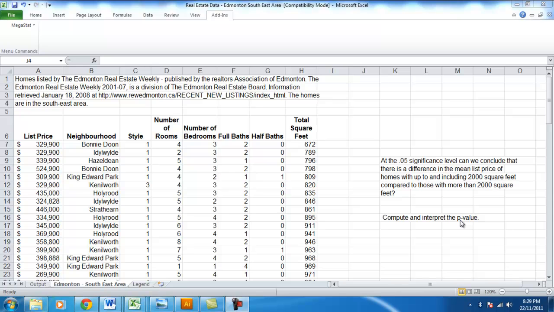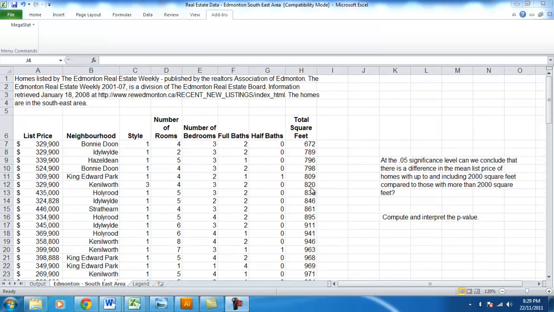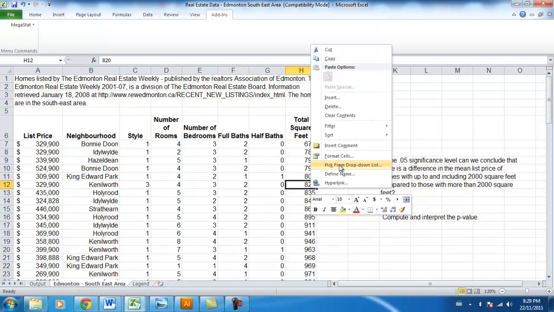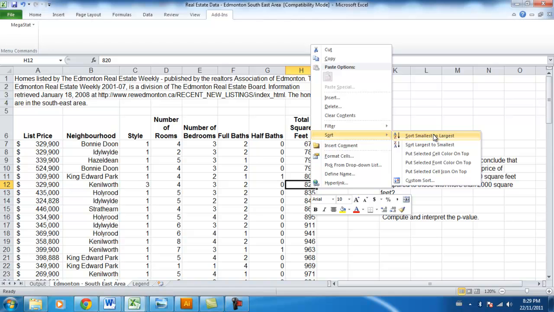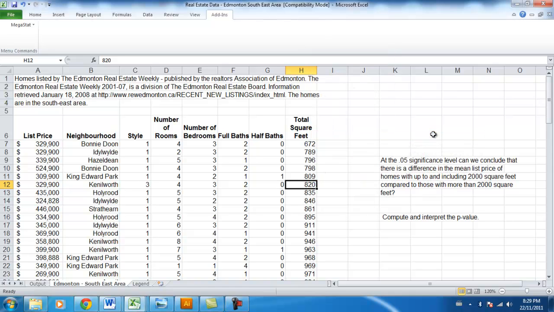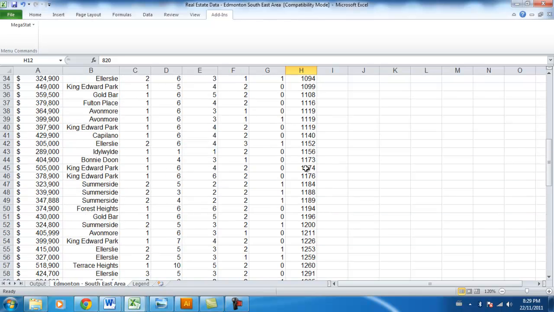So the first thing we need to do is set up a null hypothesis, and our null hypothesis would be mu1 minus mu2 equals 0, and the alternative hypothesis is mu1 minus mu2 does not equal 0. Then we need to put our total square feet in order. So we right click, sort, smallest to largest. And now we have them from the smallest being 672 to the largest being